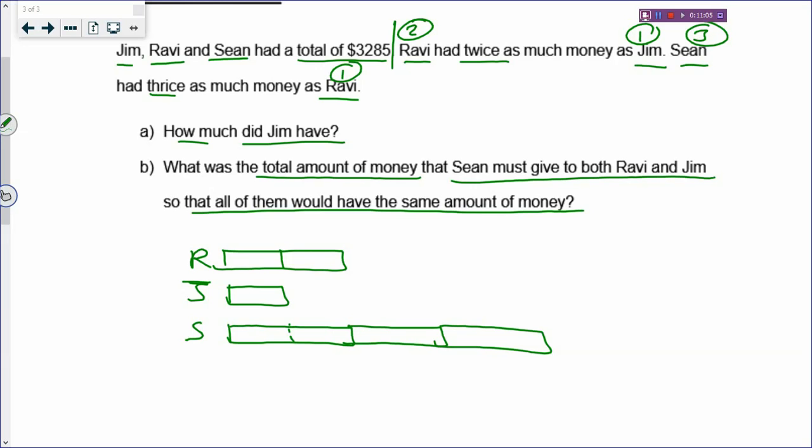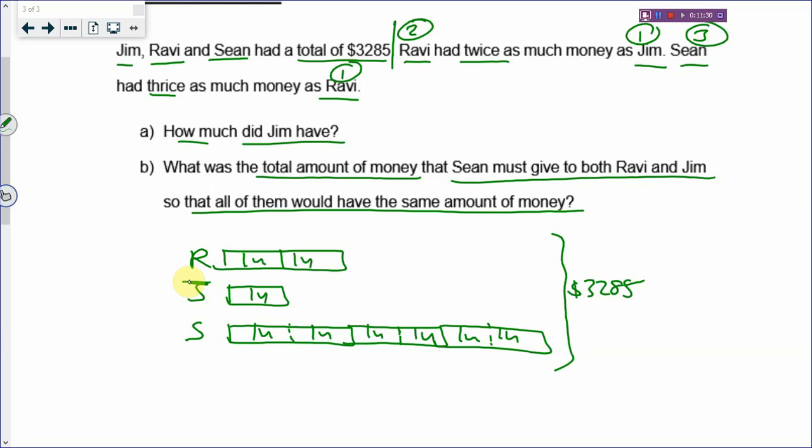Alright, so Sean had 3 times as much as Ravi. And you need to cut it to make the model all equal, which is very important. And then after that, you need to do what? You need to call them units. So every box is now called 1 unit. And then the first sentence that you couldn't draw, you have to go back and add on to the model, which is